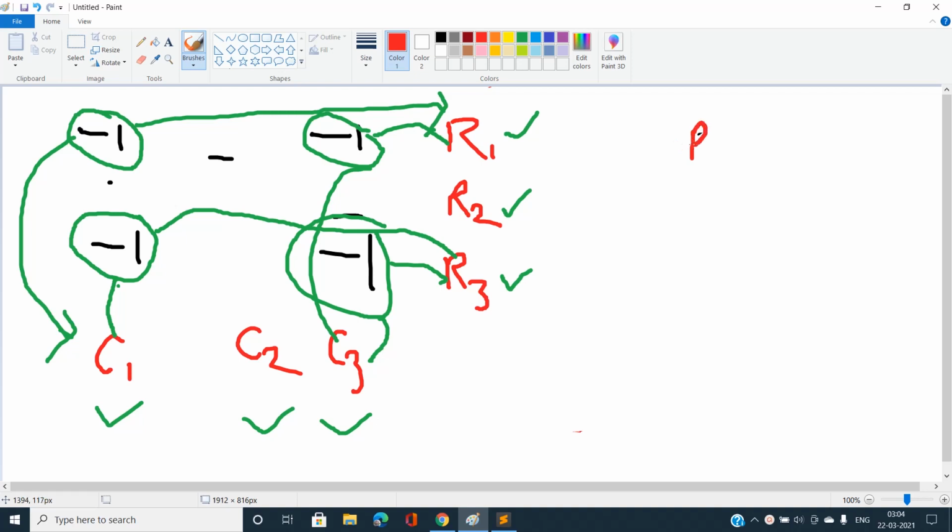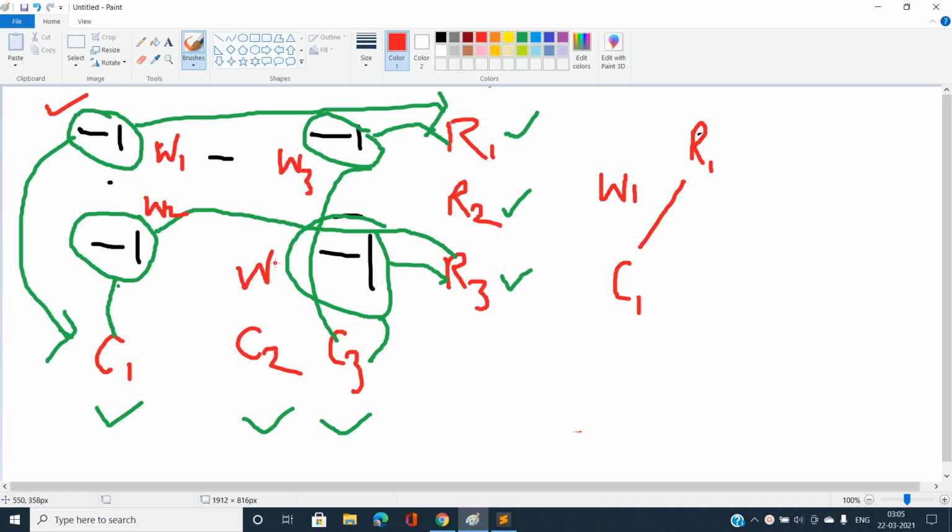You can see R1 is connected with C1 with the weight of this minus 1 cell. Let's say it has a weight of W1, and we have here W2, W3, and W4.